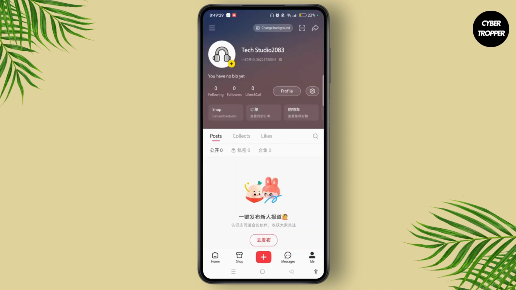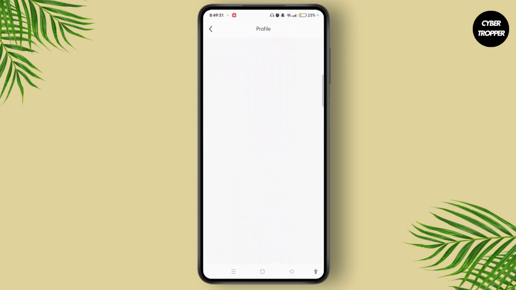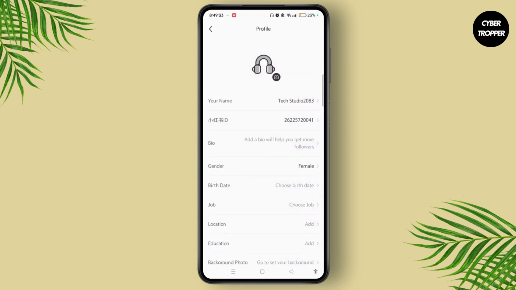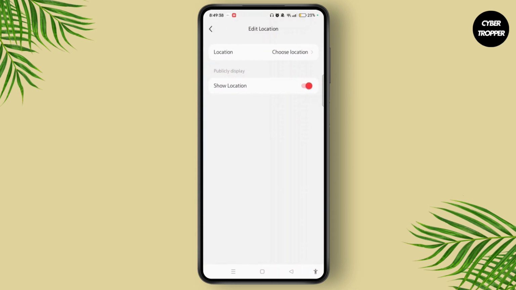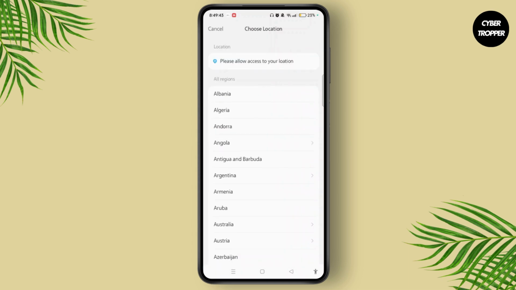On your profile section, scroll down and navigate to Location. Tap to launch it. Here to add your location, tap on Choose Location button. And here you need to first allow access to your location. Tap on while using the application